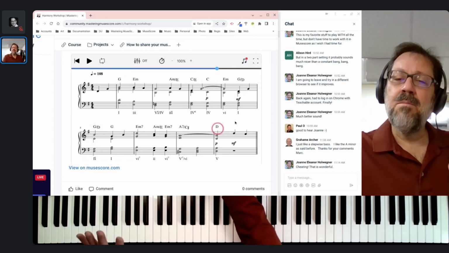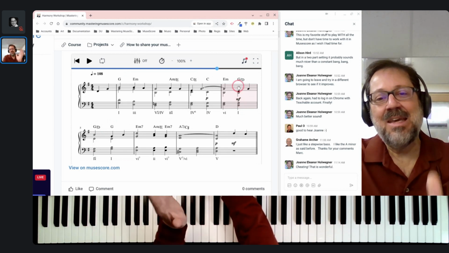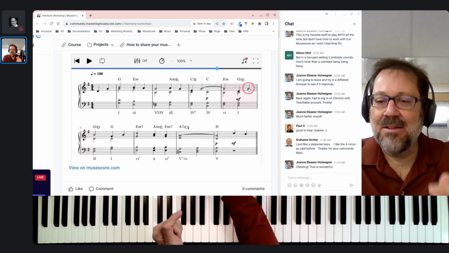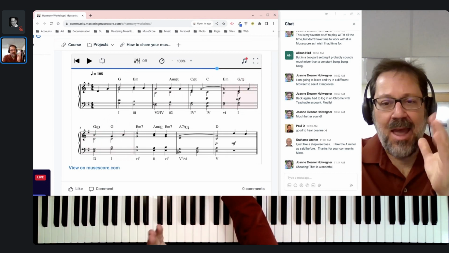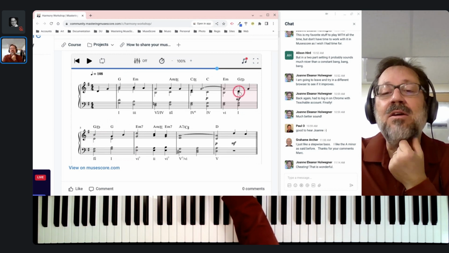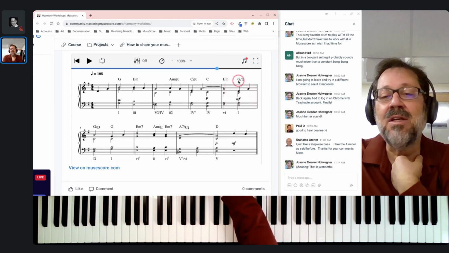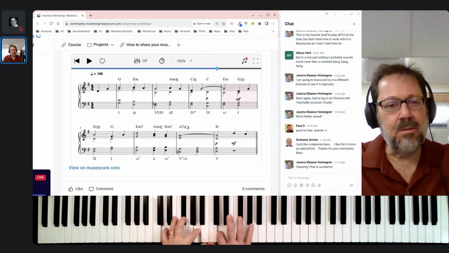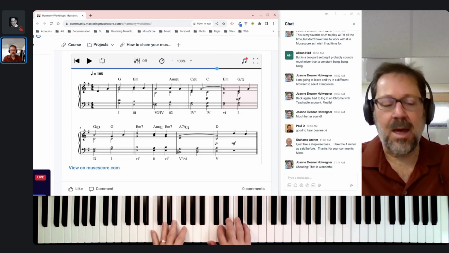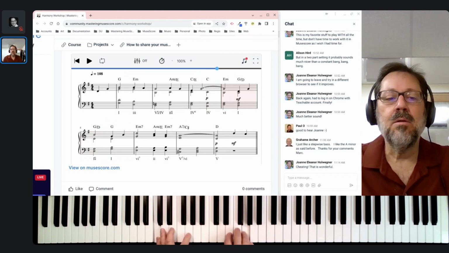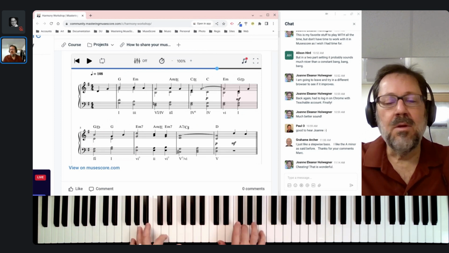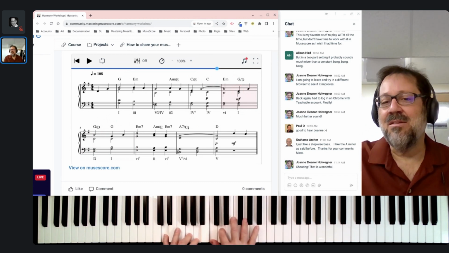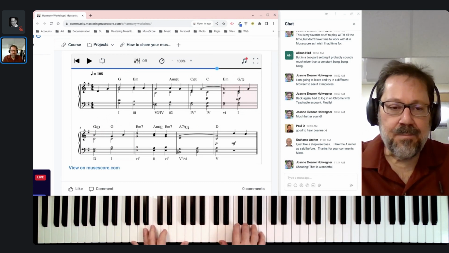So you want to somehow figure out how to keep the sensation of 5 going to 1, even though the melody doesn't necessarily directly support it. And yeah, anyone who ever plays this song deals with the same thing, and probably most people just play the D7 here and don't even think about the fact that the melody clashes slightly with it. Probably most people just play the D and don't give it a second thought. But I think by playing it as a D7 sus, it makes me happier.